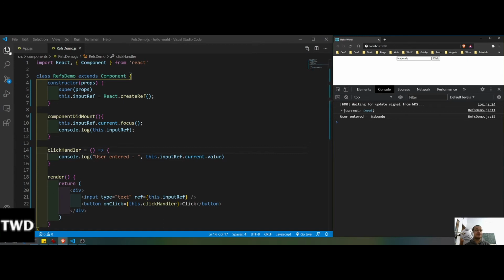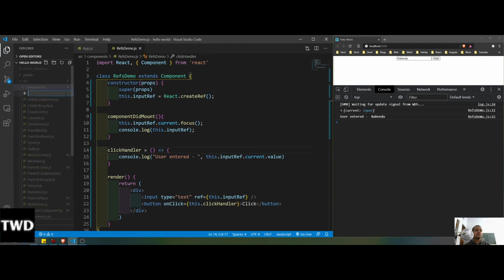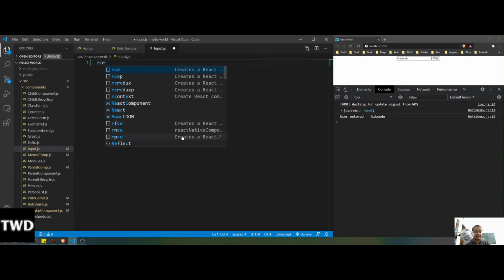So let me create a new file, input.js, and so refs are all in class based components. We have a different hook for functional components, which hooks we have not yet started. So hooks will be there, useRef is there, so that is a later thing which we will do. So RCE again, and then